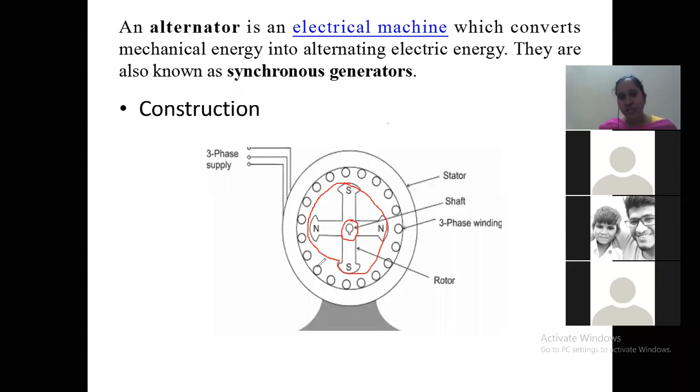Next, around the rotor, we have the stator windings. We have all these slots, and in those slots we have the windings. Those windings we are going to call the stator windings. The stator windings here are nothing but the armature windings. Remember that. Rotor windings here are the field winding. So the rotor will have the field winding, and the stator will have the armature winding. Remember that in the case of synchronous generators.